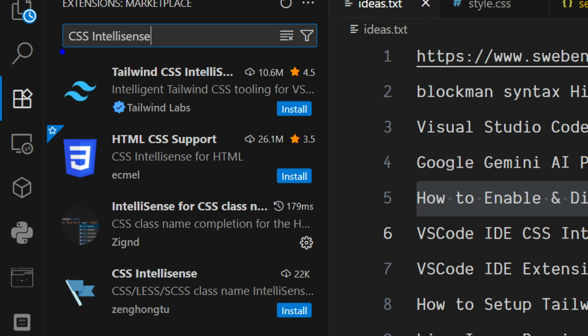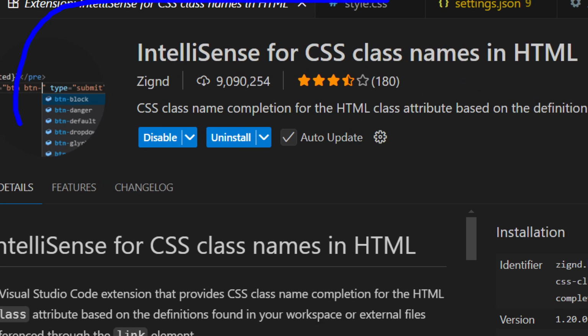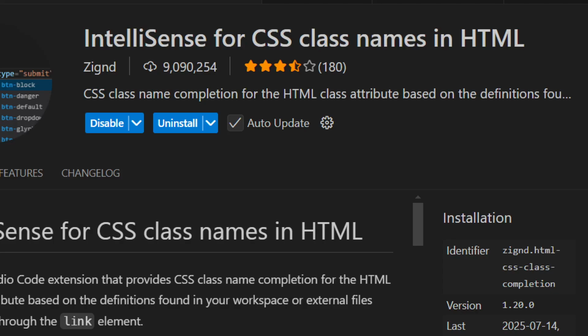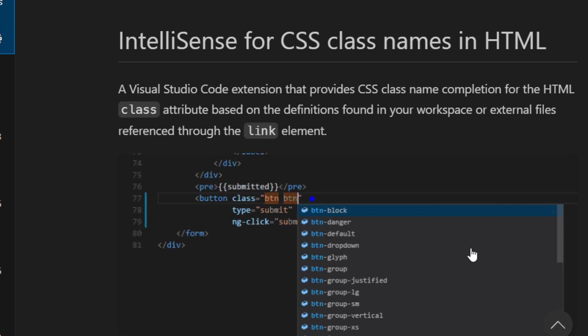Go to the extensions tab, just right here, CSS IntelliSense, and this extension will come right here: IntelliSense for CSS class names in HTML source code. It has almost 9 million installs, so it will save you a lot of time. It will show you autocomplete suggestions for your CSS class names which are declared inside your style sheets